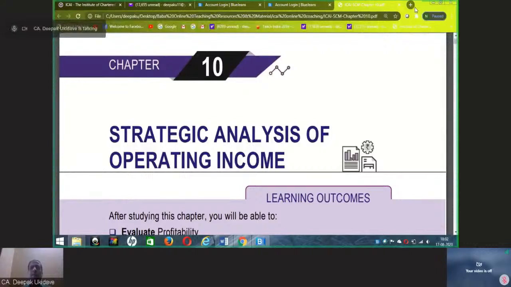One way of doing this profitability analysis with the help of cost data is to lay down the standards, lay down the targets, and compare the actual versus standards or the budget. And that is what is called variance analysis. All of you have studied standard costing and variance analysis in intermediate CA as well as in final CA. This is one of the performance measurement tools which is used by the management for evaluating the performance of a